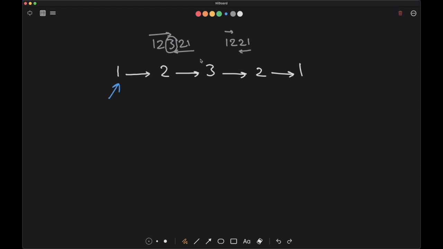Imagine that we are folding this linked list and then comparing the first value with the last value, and doing the same thing for all the other respective elements, right? So this is one way to do it,